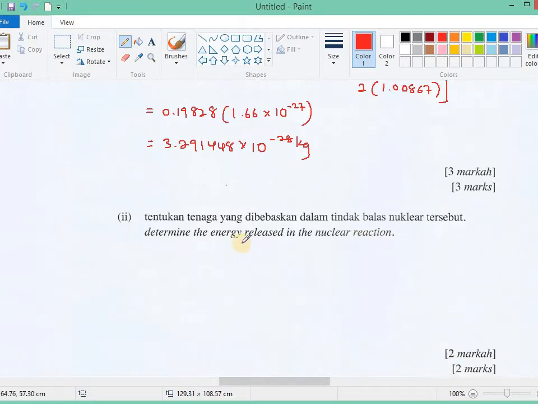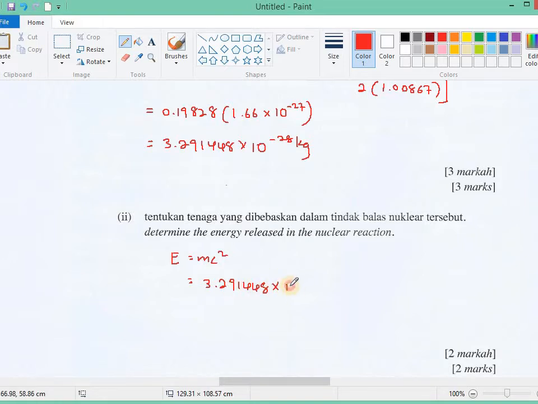So in this one, we will need the mass defect. I don't round off, because if I round off, there's a chance that the accuracy for this answer will decrease. Okay, the accuracy will go down. So I don't round off, I write the whole thing. So E equal mc square, if you want to determine the energy release in nuclear reaction. So the mass defect,